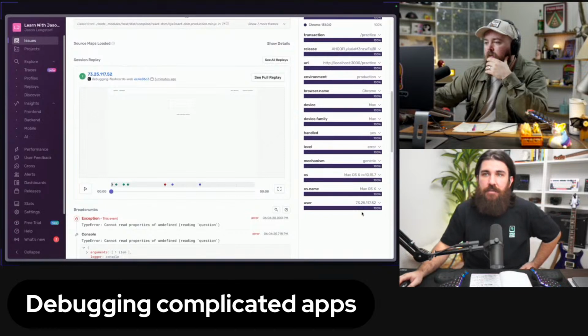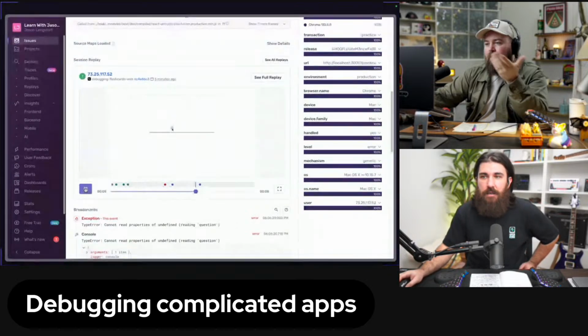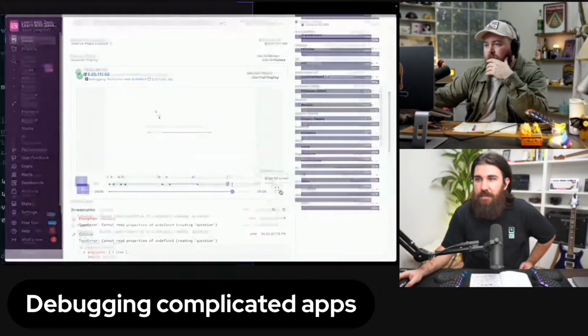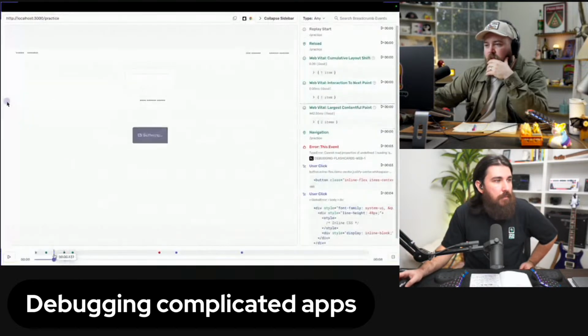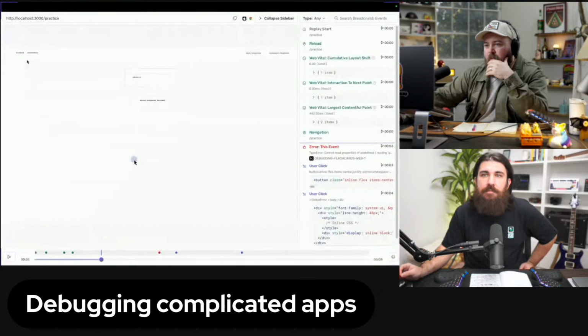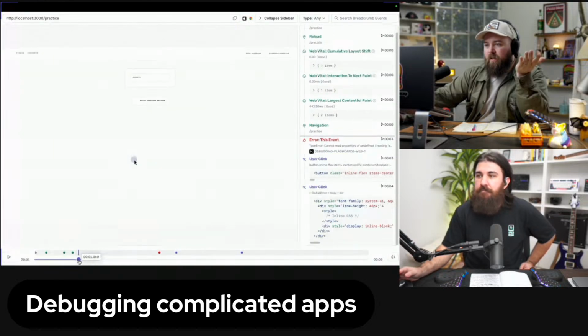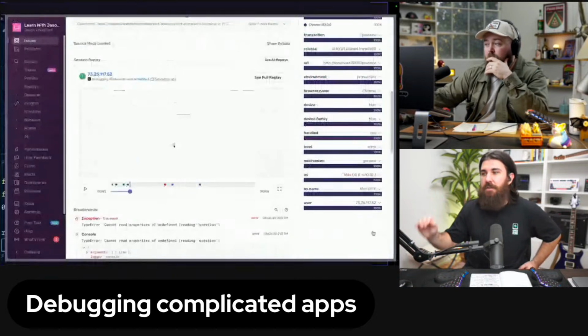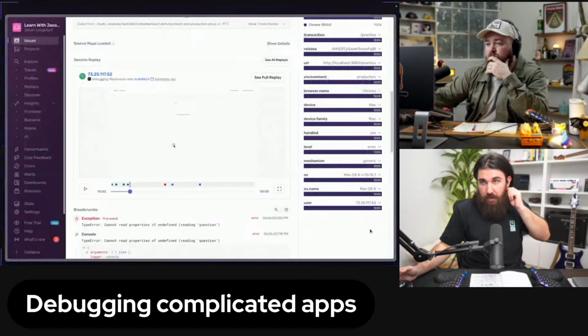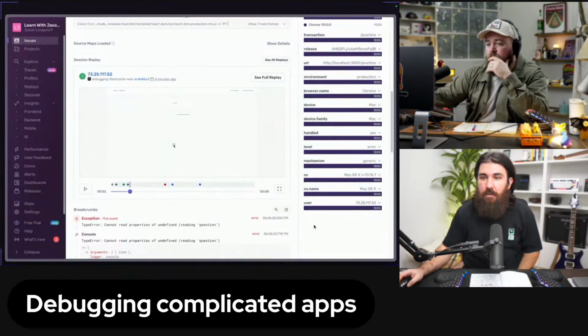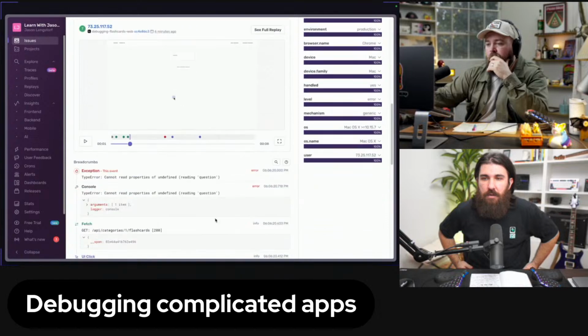Then we have session replay. I'm gonna fly through this because we don't have much time. But session replay is that recording that you mentioned. It is a DOM recording. If you zoom in, you're gonna see everything is like stars. Everything is obfuscated. So we can see here that as we're going through the pages, the information itself isn't being displayed. So we're not leaking any data about who I am or anything like that. We just get to see, but we can recognize where we are in the app from this. Yeah, exactly. So this is very handy. Like the short view of session replay. We're gonna dive into session replay a bit later. And then at the bottom we have breadcrumbs and a whole bunch of other information.